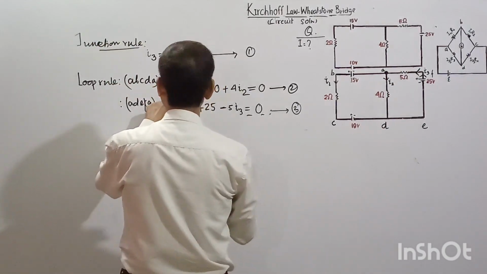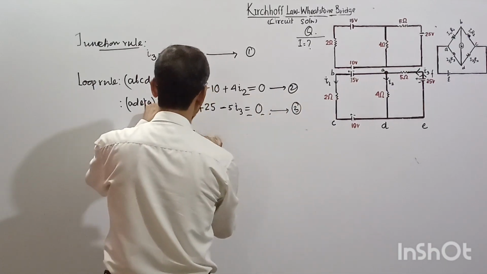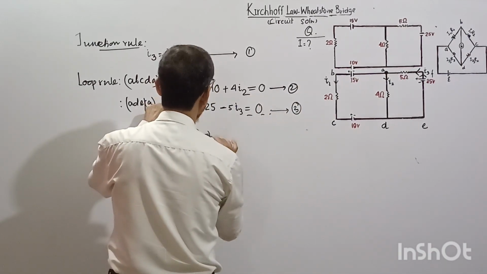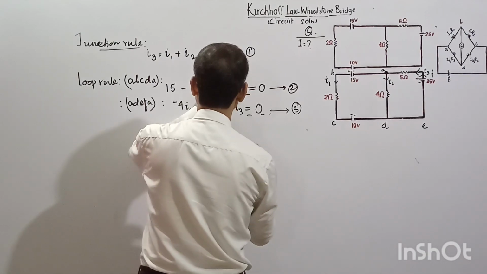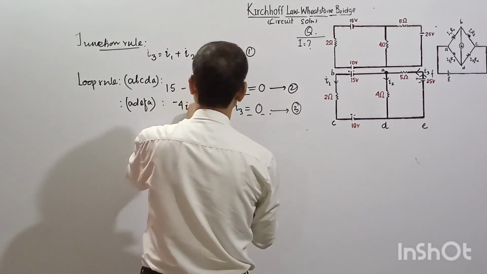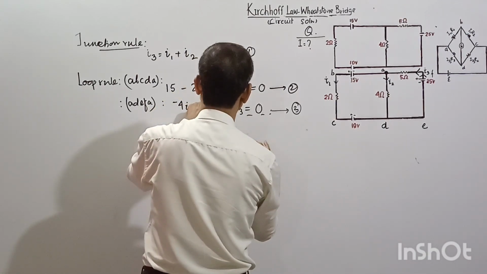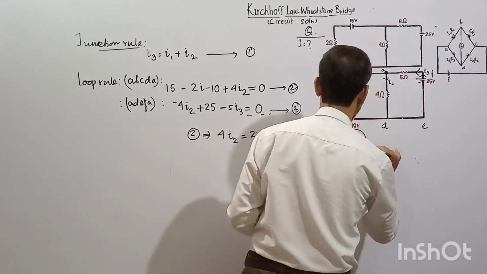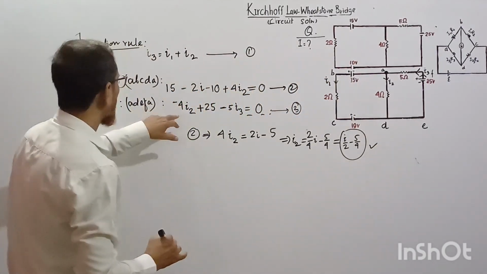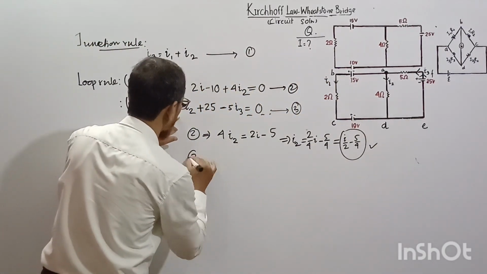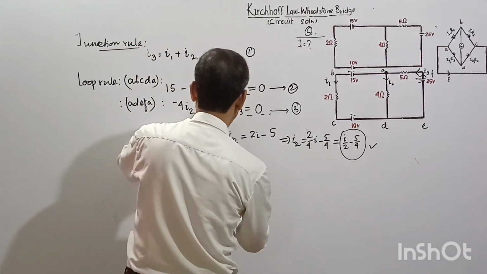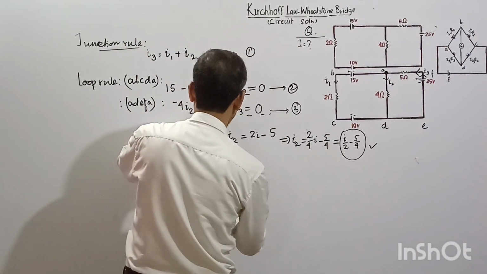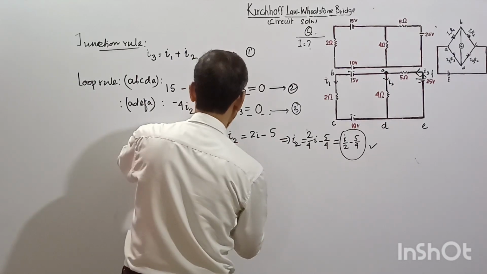So from 2 we get 4I2, and I2. Again from 3, let us find I3 is equal to